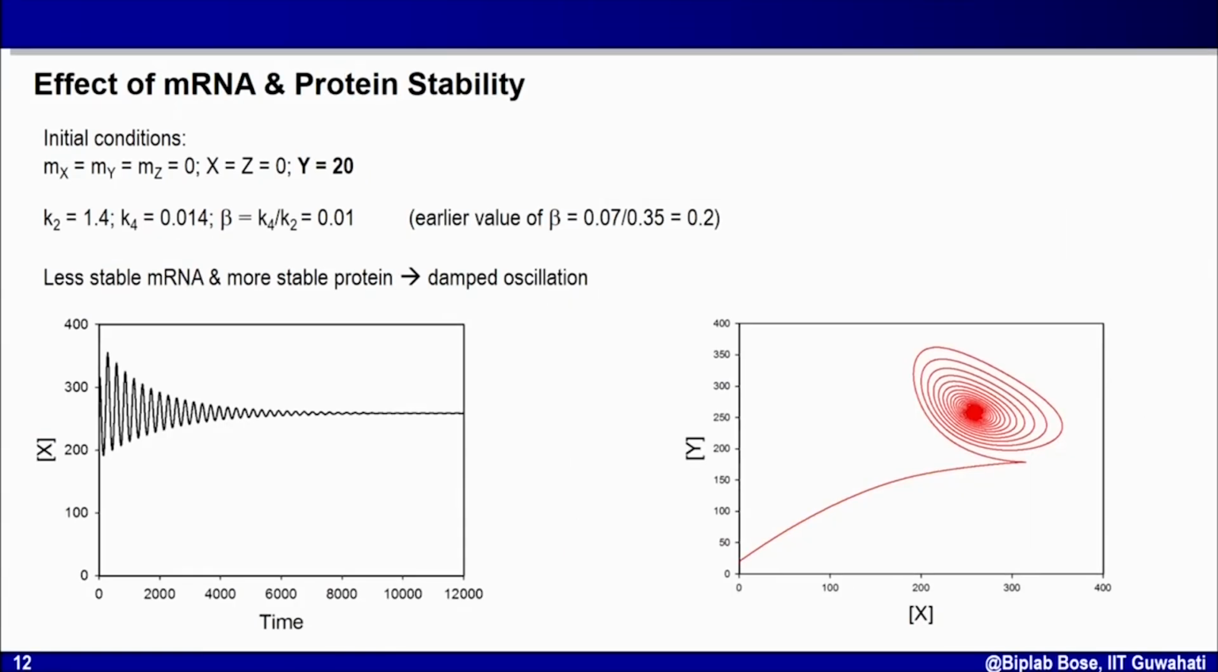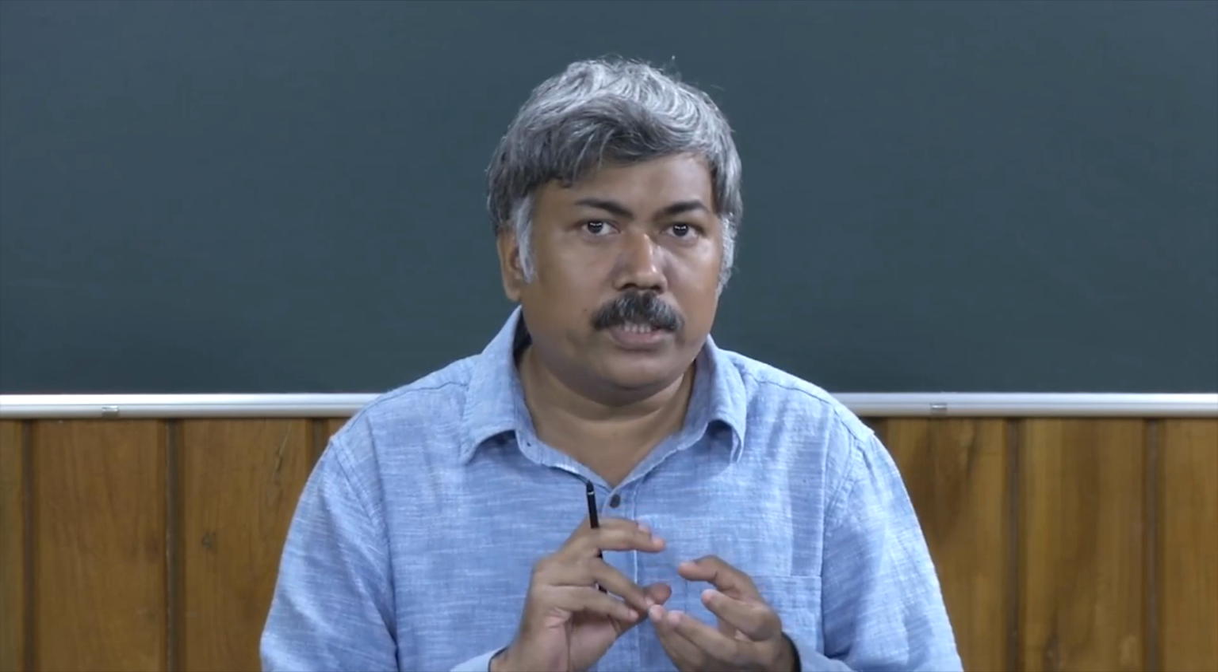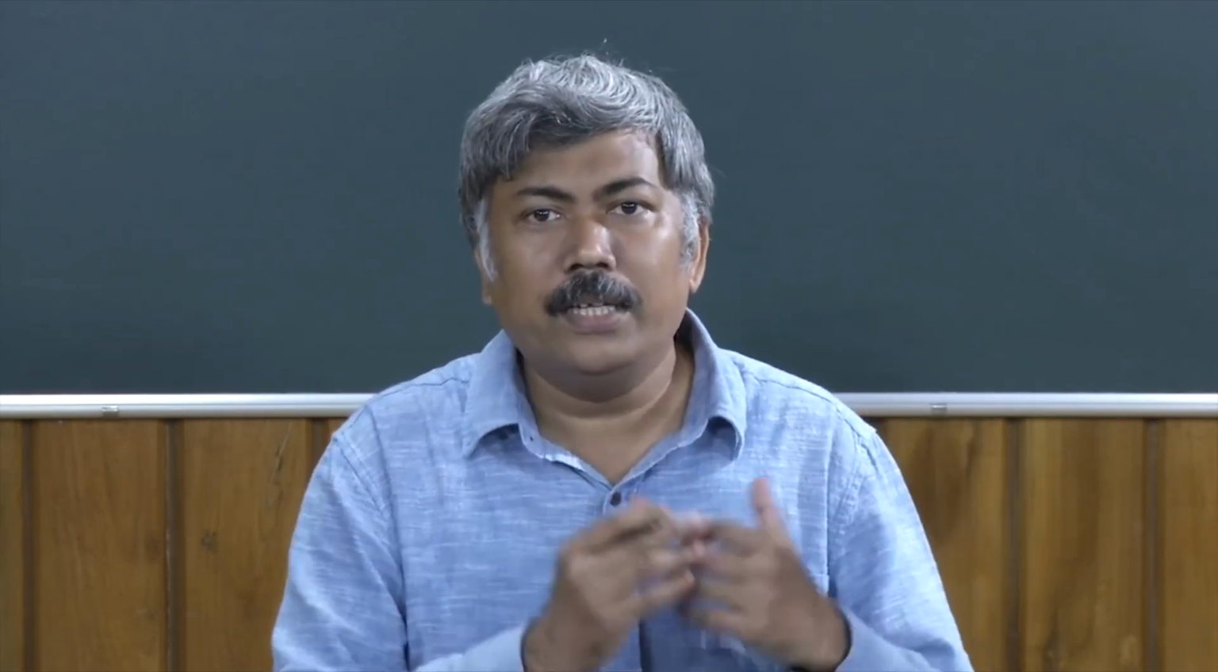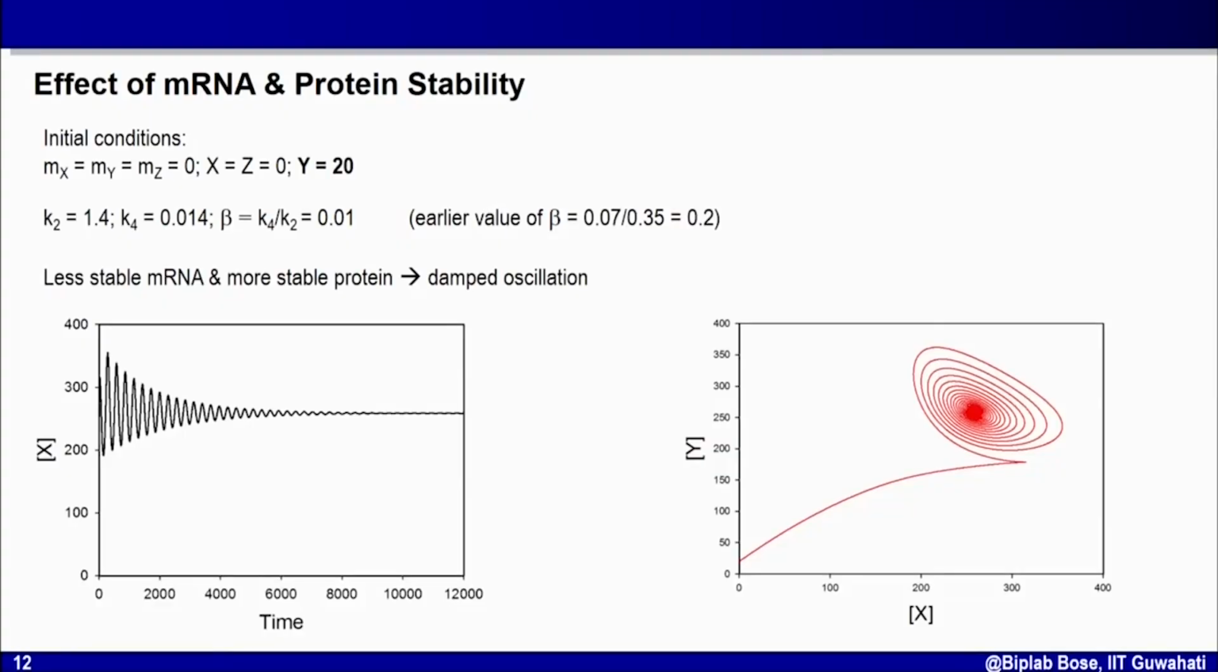Now what if I mix both of them together? I want to change the mRNA stability and the protein stability together in the system, and I want to compare with what I have got earlier in a limit cycle oscillation. So I am keeping the initial conditions same where I got limit cycle oscillation. Mx, My, Mz is equal to 0. The mRNAs are 0. X, Z is kept at 0. Y is kept equal to 20. And if I keep all the parameters same as I have shown in the model initially, then I should get